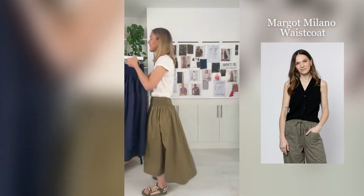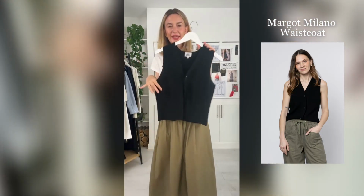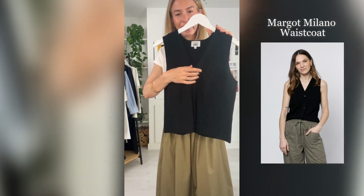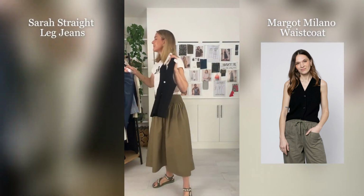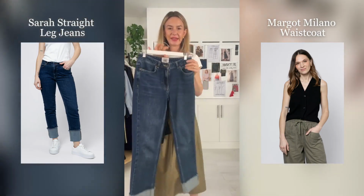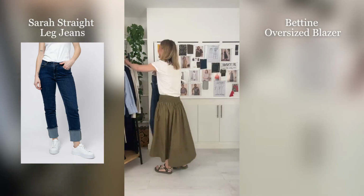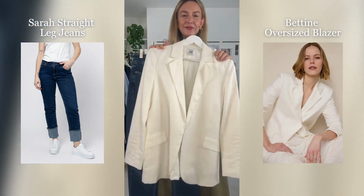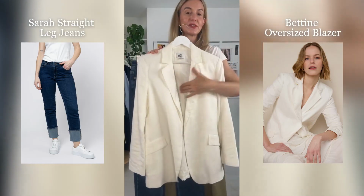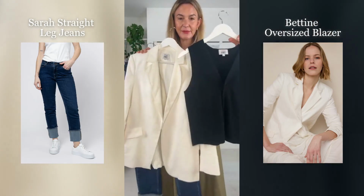I would also say think about wearing pieces in slightly more unexpected ways. So taking the Margot Milano waistcoat, if I were to wear our simple Sarah straight leg jeans and the Bettine blazer, for example, a really simple classic way of wearing this would be just a white t-shirt underneath. But actually what I could do is I could take Margot,